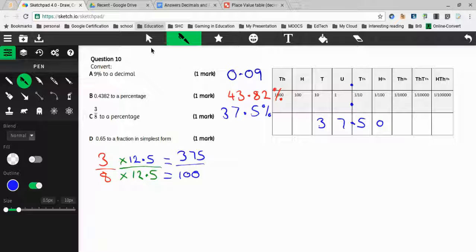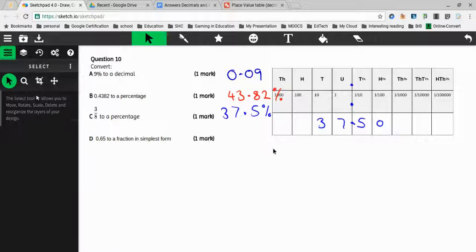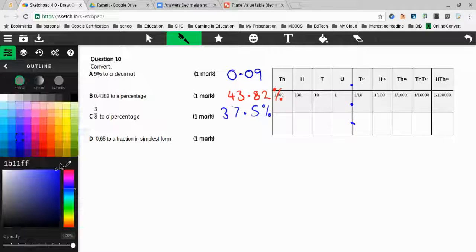Okay, and just getting rid of those again, and we can finish off with the last part of this question. This time we're looking at converting 0.65 to a fraction in its simplest form. So if we were to write 0.65 as a fraction, we can simply write it as